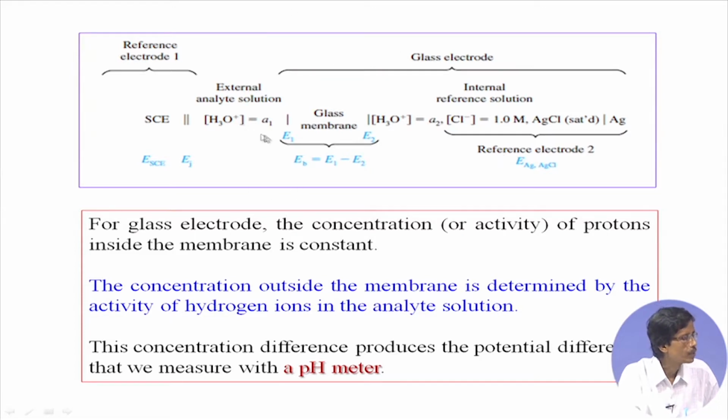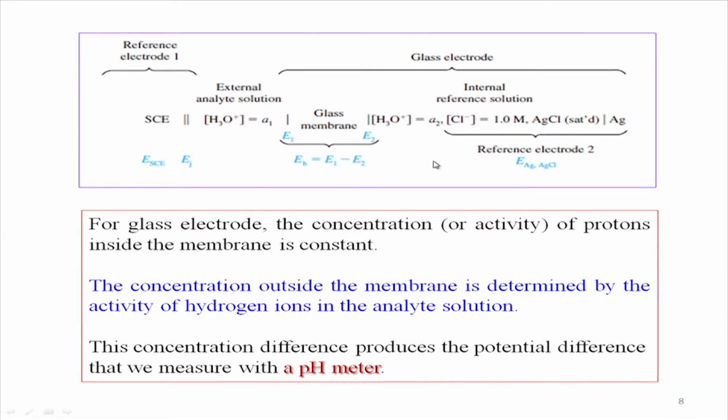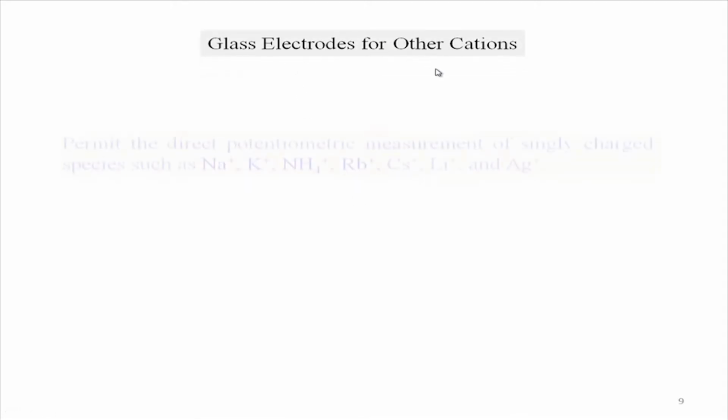But it can so happen that with the development of all these things, besides the typical glass electrode you can have, a combination electrode is also available, where this reference electrode 1 can also be inserted within this unit, and you get one single electrode for your measurement. So, that basically gives us some very good idea about the glass electrode for other cations as well as the